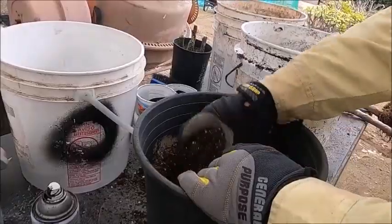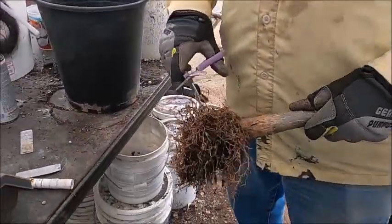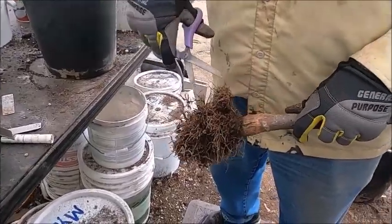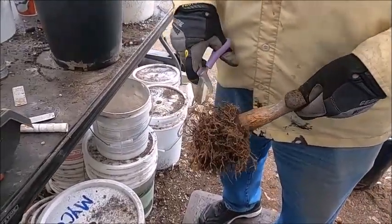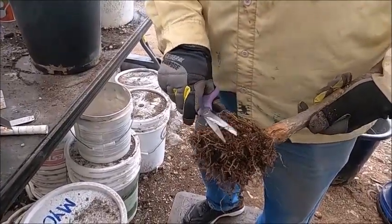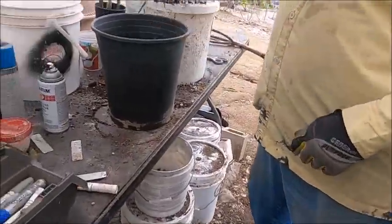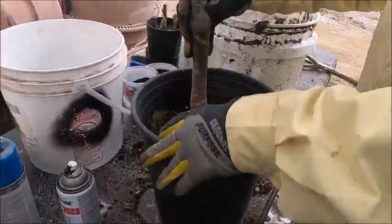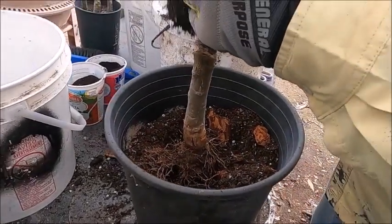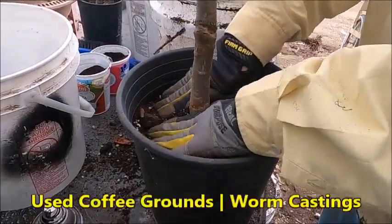And actually I'm gonna take a little bit out. Okay, so here's our plant, and I'm gonna give it a little haircut and cut some of the roots. This stimulates them, as was confirmed by the UC Davis professor a few years ago that talked to us, that said this will split the roots and stimulate growth. Anyway, so now we're gonna put it down in here,